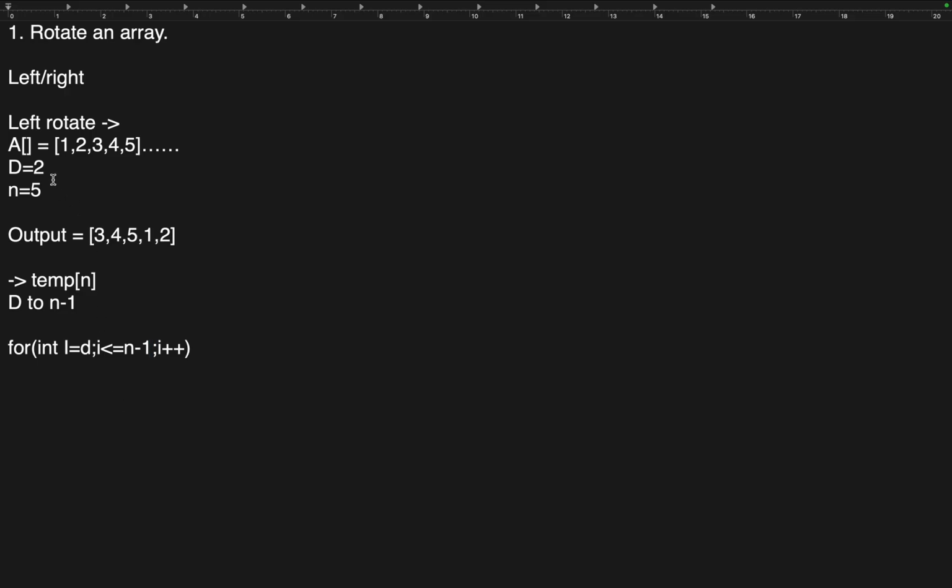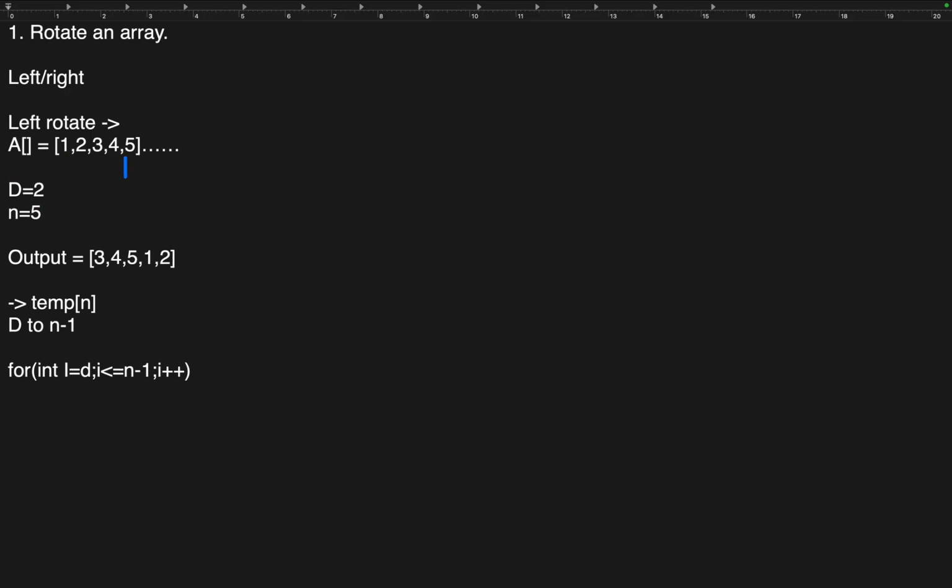It will traverse from 2 to 4. The indexes are 0, 1, 2, 3, 4, so we are starting from index 2 to 4. So we can say that from D to n minus 1 we are going to store. So temp of